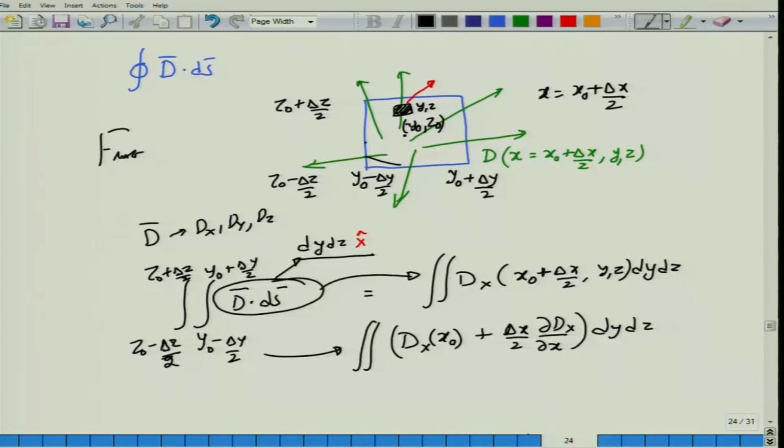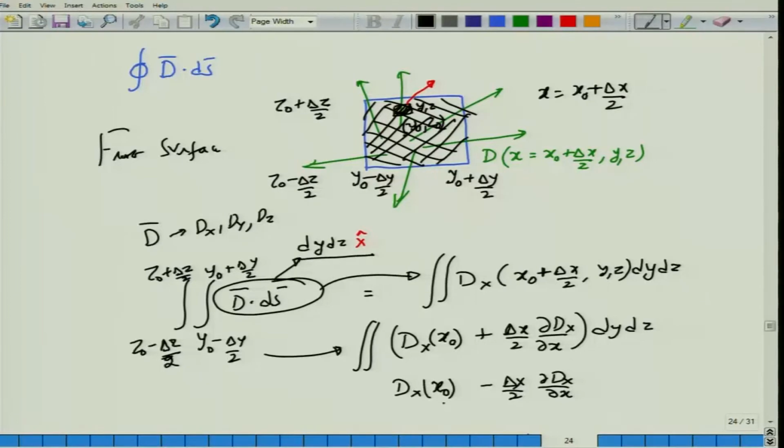You have to cover first of all this entire area by moving your delta x, delta y infinitesimal area around this limit. Okay, and then once you have found this one out, you then have to put all these quantities together. For the front surface that you have obtained, you find that this is dx at x naught, dy dz, okay, and for the back surface, because the back surface is evaluated at x naught minus delta x, what you get is dx at x naught minus delta x by 2 del dx by del x, okay, multiplied still by dy dz,